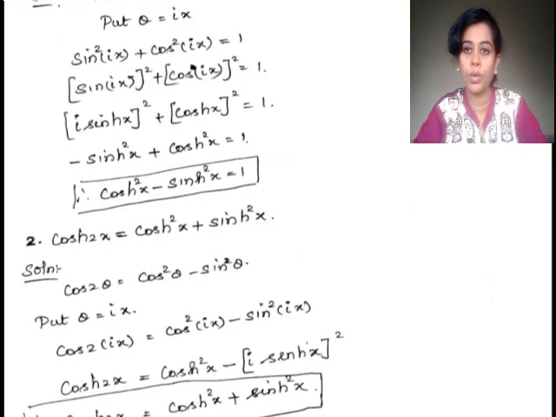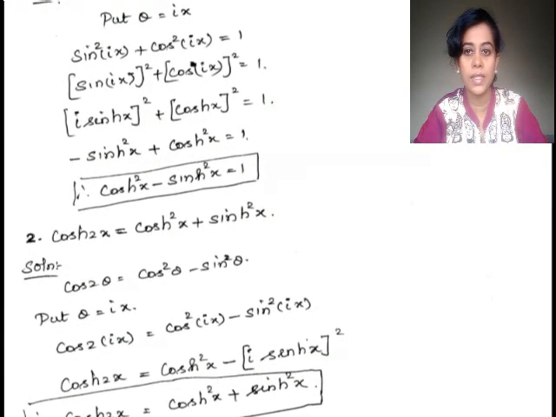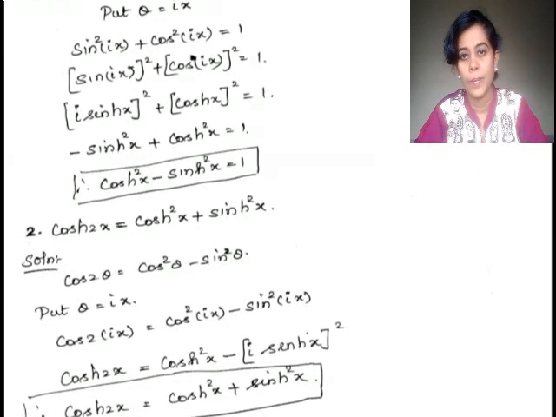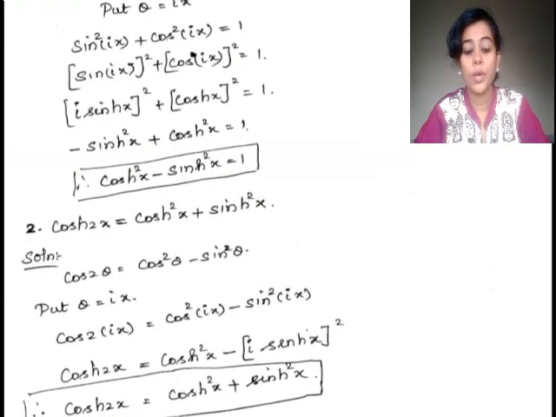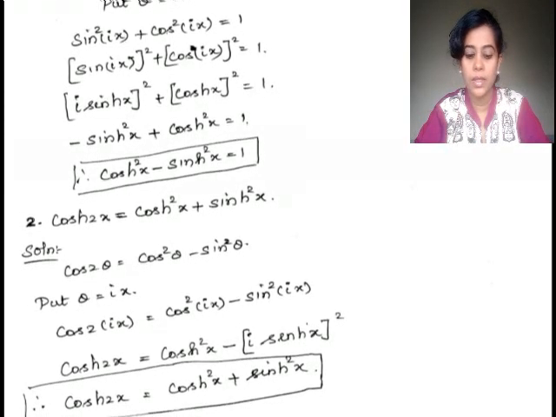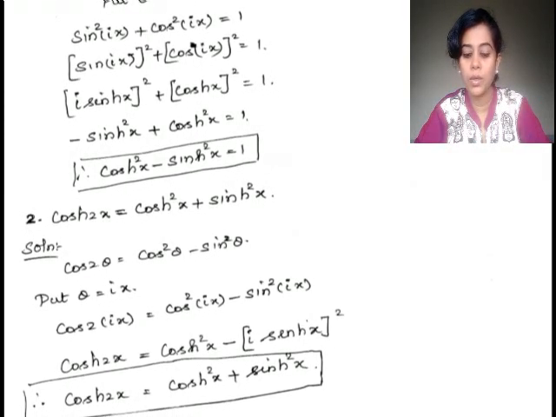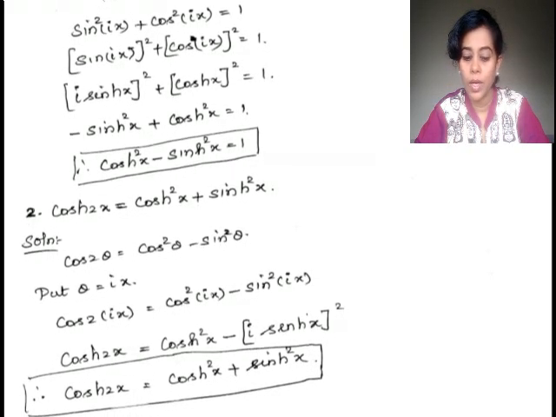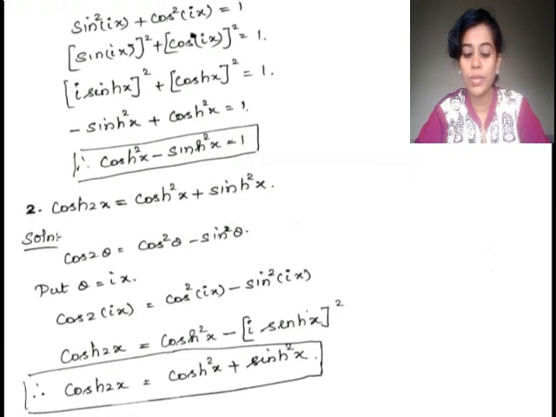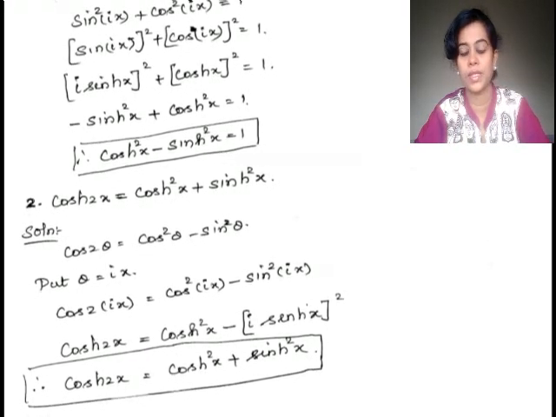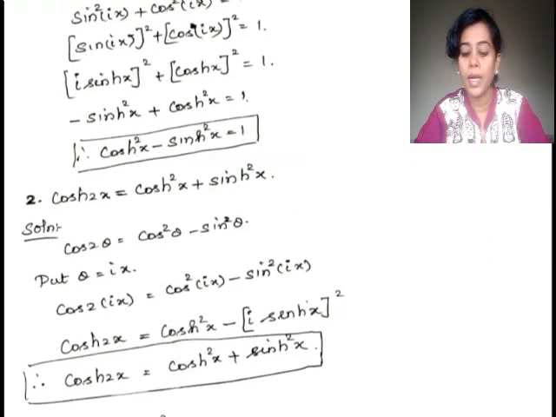And we know that the trigonometrical identity says cos 2θ = cos²θ − sin²θ. And using this we are going to prove the hyperbolic identity. So put θ = ix in this. cos 2(ix) = cos²(ix) − sin²(ix). What will happen? cos 2(ix) will be replaced by cosh 2x,